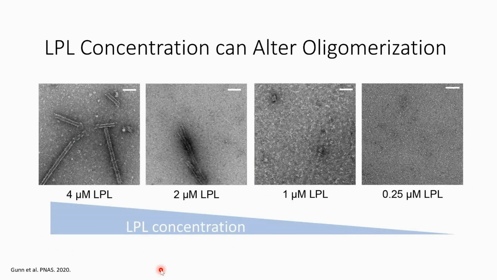So one of the things we knew from my work with the LPL filament is that concentration of LPL is important for filament creation. So essentially, this filament is concentration dependent. As you dilute LPL, you lose the filamentous form, and it predominates as these smaller LPL species. So we decided to see if increasing the LPL concentration could change what we were looking at with the oligomeric